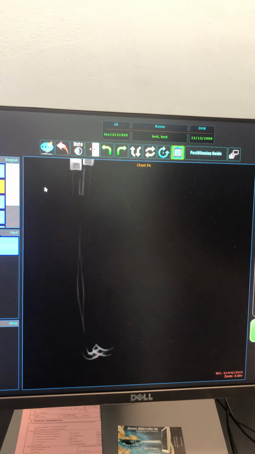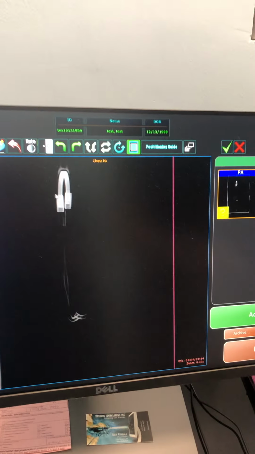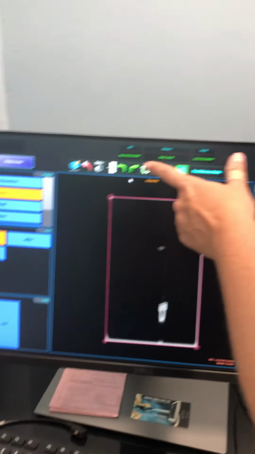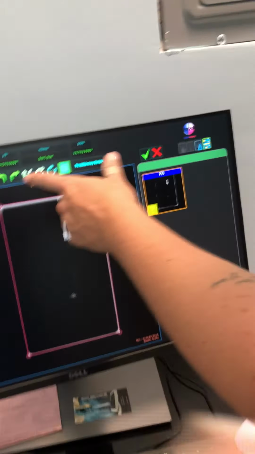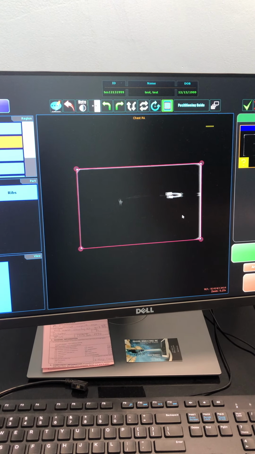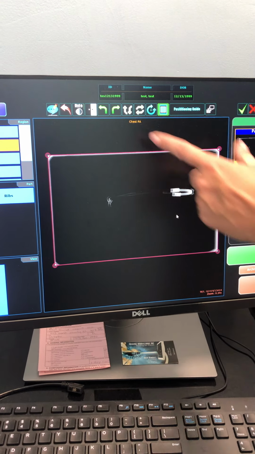They can lighten it and darken it. Hold on, let me back up. And then you can flip it completely around if you'd like to. And then also if we need to